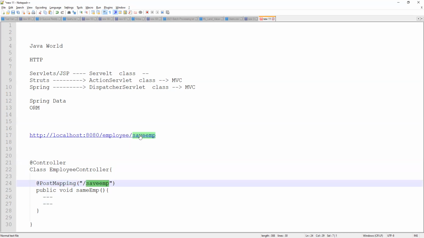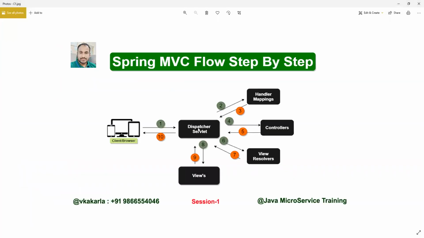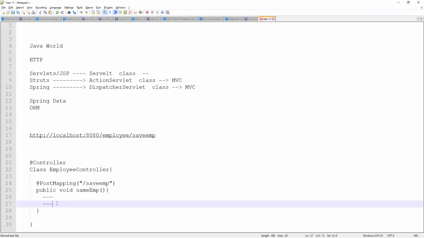So handler mapping will read. Save employee is the one URI, one path of some class. So it will find it and take the controller. Now it will give the response to the dispatcher servlet: hey, you need to go to the EmployeeController where the save method is there. You need the exact method mapping. Now the dispatcher servlet is getting the exact path of the exact controller. So the request will again go to our controller class, the EmployeeController class. Whatever response logic we are writing here, it takes and returns the response.